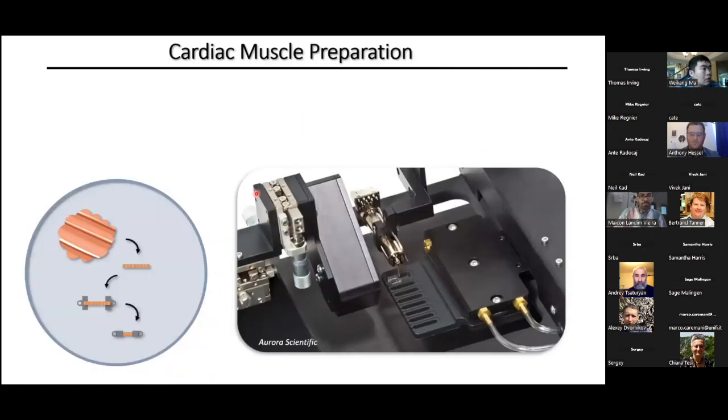So first, I permeabilized the cardiac muscle preparation because that would allow me to control the intracellular calcium levels. And then once I clip this tissue, I can put it in a muscle rig apparatus and I can expose these samples to a range of calcium concentrations, going from low calcium to high calcium, and measure a series of contractile